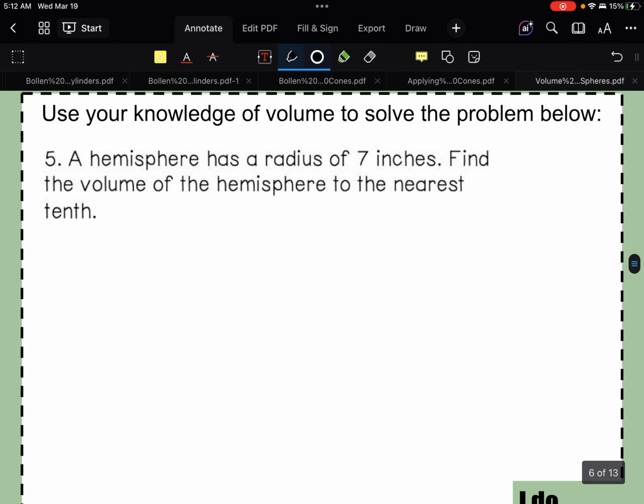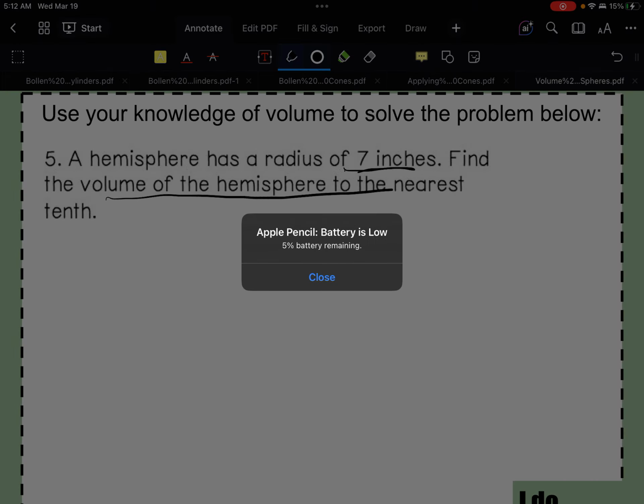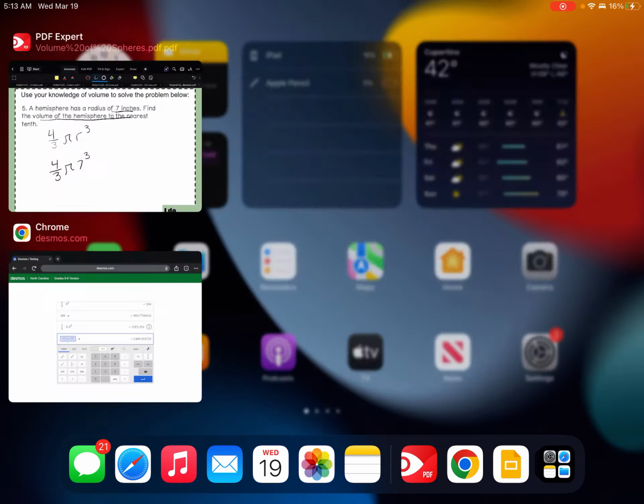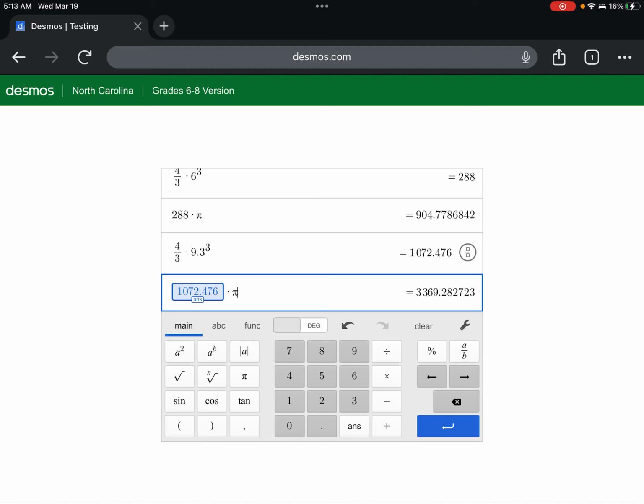Alright, a hemisphere has the radius of 7 inches. Find the volume of the hemisphere to the nearest tenth. So remember, your formula is 4/3 pi r cubed. So you're going to do 4/3 pi 7 cubed. And this one we can type right into this calculator